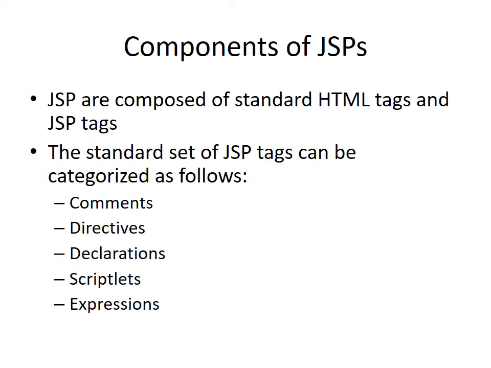So the first tag is comments, as you know, to put comments for other users who will be maintaining the code. It helps somebody who is reusing your code, right? So that is the comment tag. There is a directive tag, a very important tag, which we will see later in detail in the second unit of JSP. In basic tags, we get comment, declaration, scriptlet and expressions. So the declaration tag is used to declare variables, and not only variables, we can declare methods also, the body of a method, using the declaration tag.